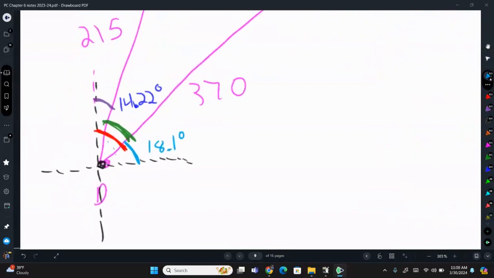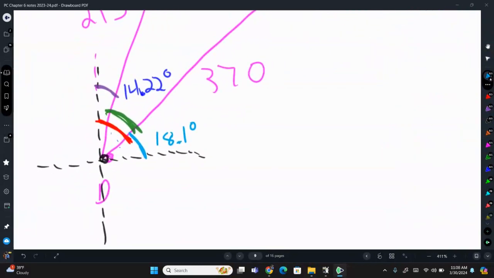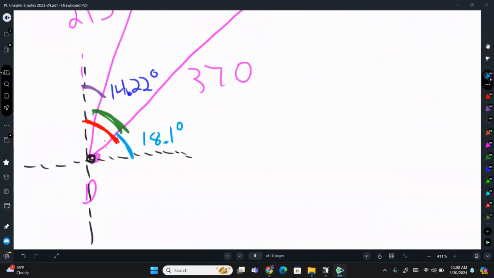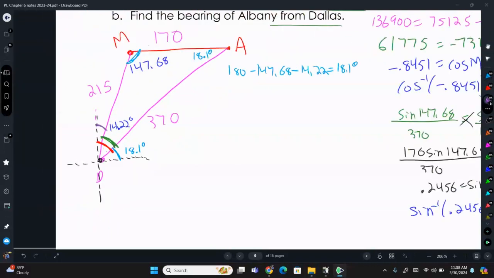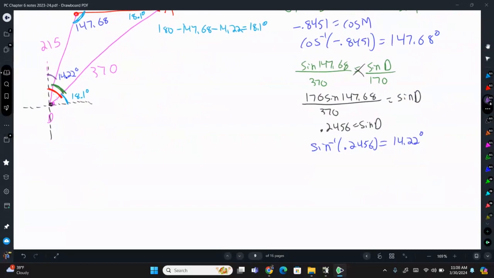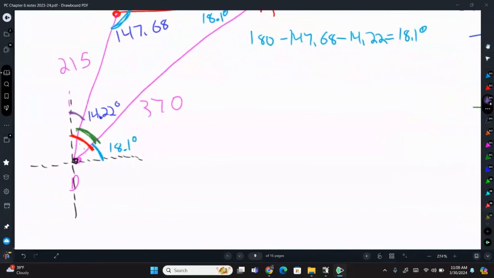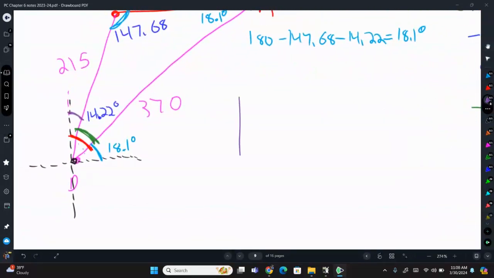All right, so now this looks a little bit confusing with all those lines there. So I'm going to redraw that. We have all this space here. And we have two lines coming from there. This angle is 18.1. This angle is